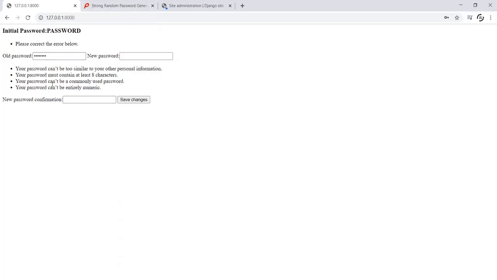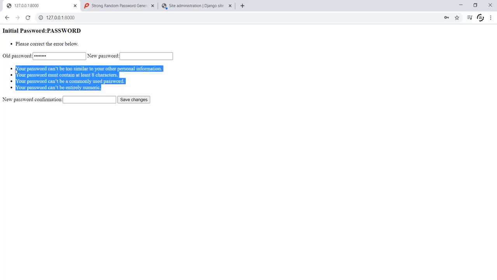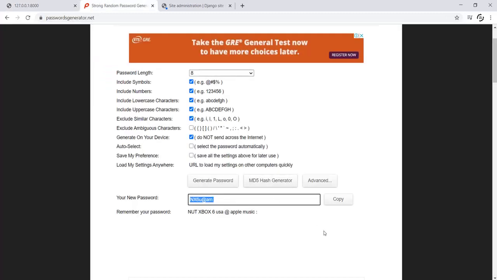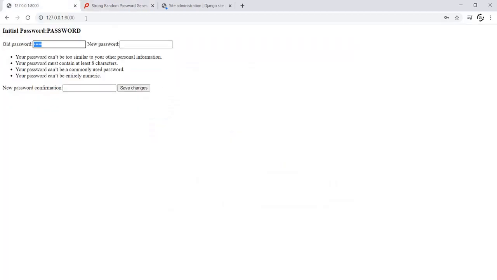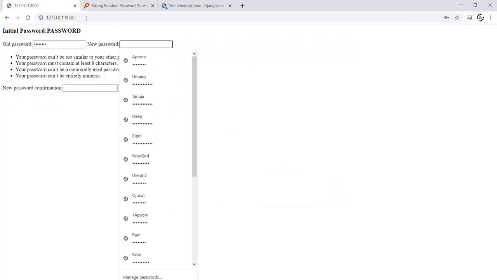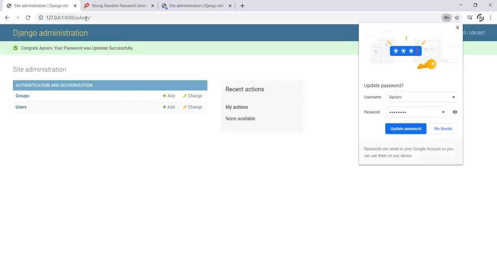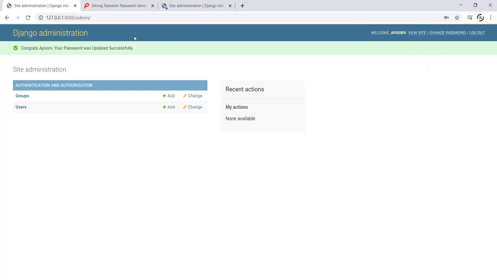Since we are not using the terminal, we will have to follow the following rules, but since I am too lazy for that, I'll simply use the password generator available on the internet to create an alphanumeric password. As we can see, the password has been changed successfully and the message has also been flashed in the Django